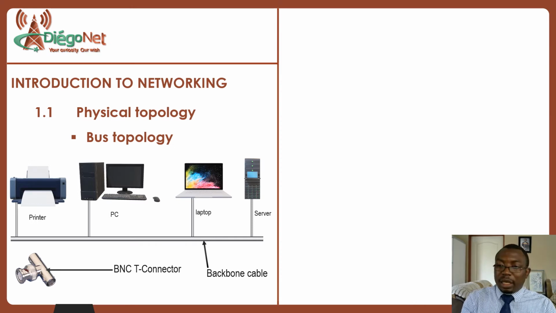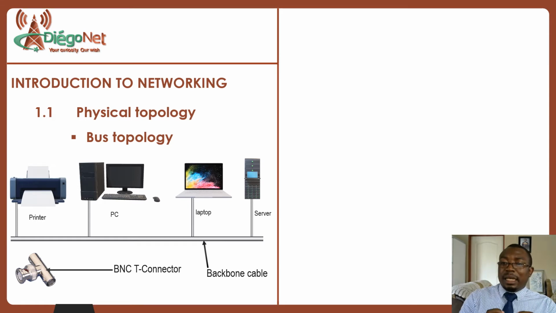My first observation is that when I look at the diagram, I see 4 devices on my network, and all of them are connected back to a central or main cable, and that cable is called the backbone cable. We can call it a backbone cable, a main cable, or a trunk cable. The first main characteristic of a bus topology is that all devices on the network are connected to a main cable, and this main cable has to be terminated at the end. Both ends of the cable must be terminated with something called a terminator.